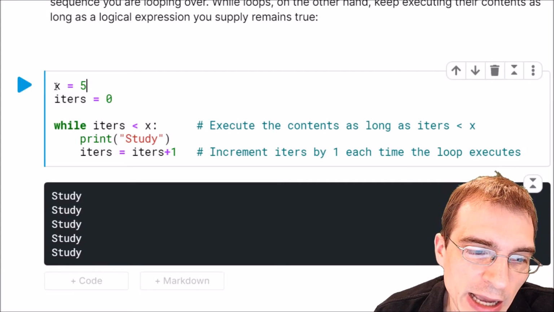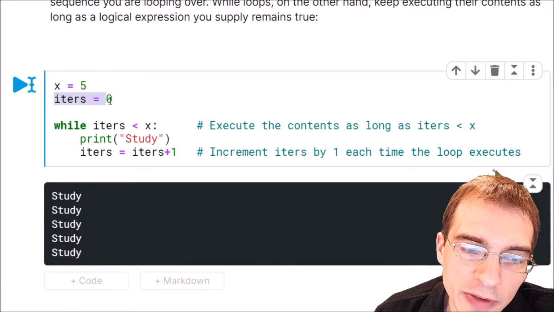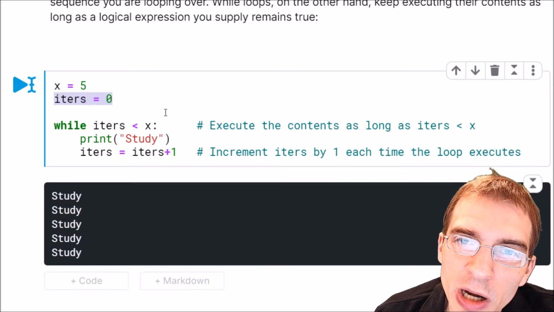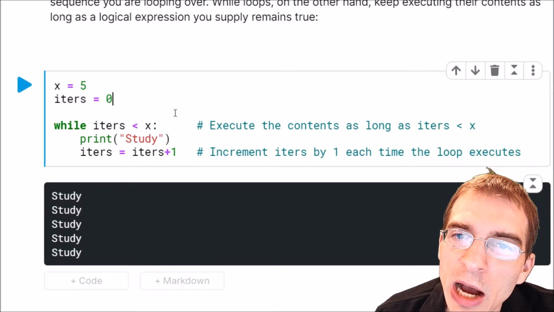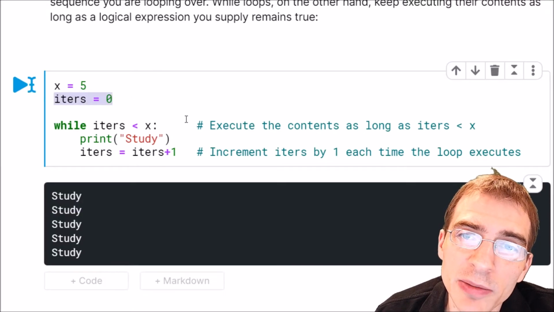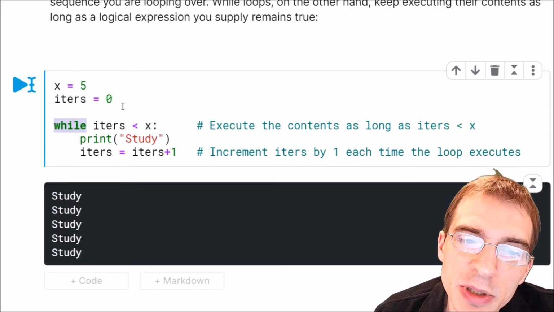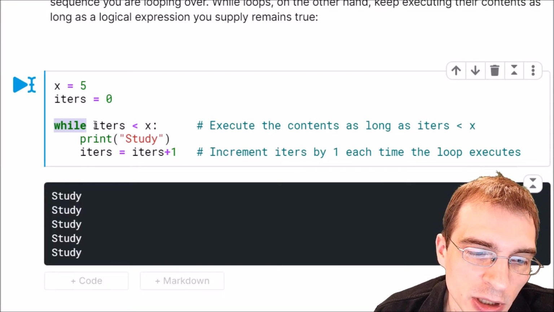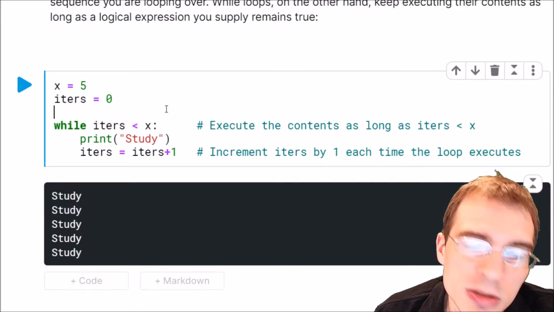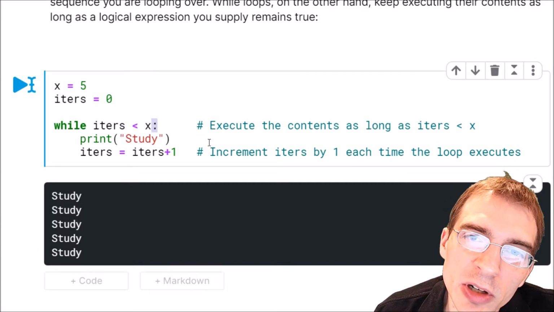We're going to set x equal to 5. We're going to create a variable called iters to keep track of how many iterations of the while loop we're doing. This is a pretty common thing to do with while loops because we don't always know how many iterations a while loop is going to run for, so it can be useful to keep track of that. So to make a while loop, you start with the while keyword, and then after that you write some logical statement. In this case, we're going to say while our iters variable is less than x, then you put a colon,